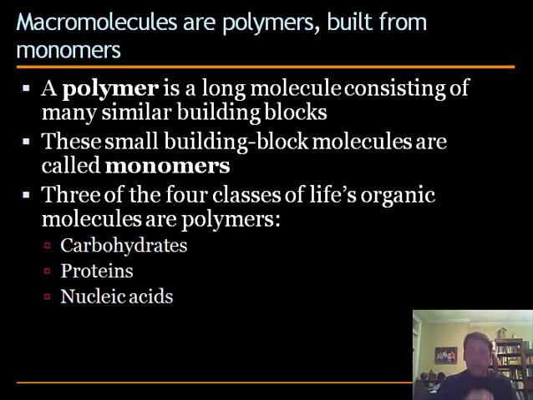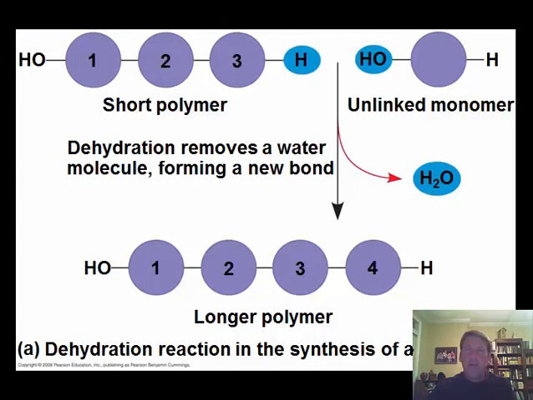All right, so we can start by saying how these polymers form in the cell. They can form through a process that involves water, and they can separate through a process that involves water, and those processes are called dehydration and hydrolysis. So dehydration is, well, if you get dehydrated, it means that you have lost water out of your body. And so that term means the same for molecules. When the molecule loses water,